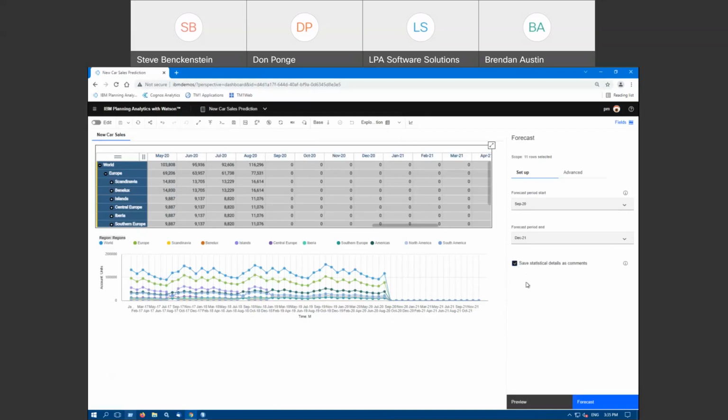So anyway, let me continue where I was going a minute ago. We're asking the question to Planning Analytics. So we're coming over here to the forecast and we're asking Planning Analytics to predict from September of 20 to December of 21, right? This way we can just see how it arrived at that decision, and it will be a note or a comment that will live in that plan. So anyone who has access to the plan can go and look at that and say, oh, okay, here's how it did it. So we click this preview button,